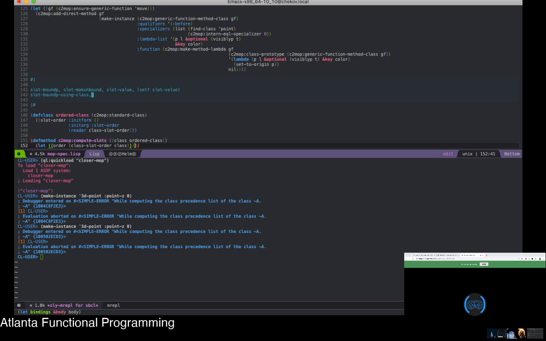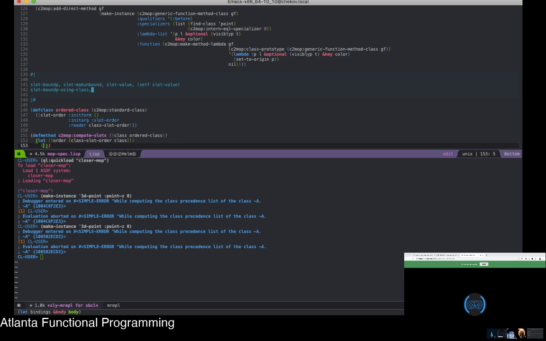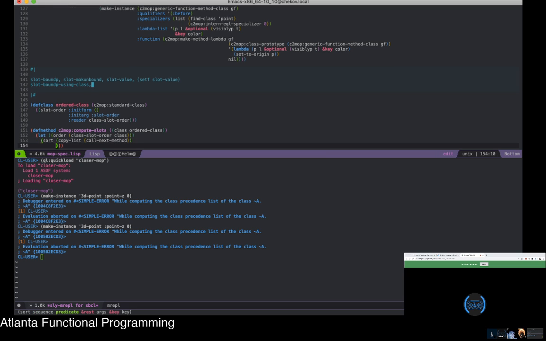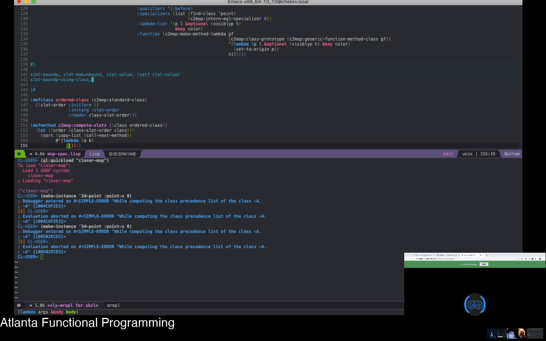What we would do is sort the list that we've... wait, why is copy list not showing up in my minibuffer? Okay. And we sort it based on the lambda function that we're providing, where the position of a given slot definition